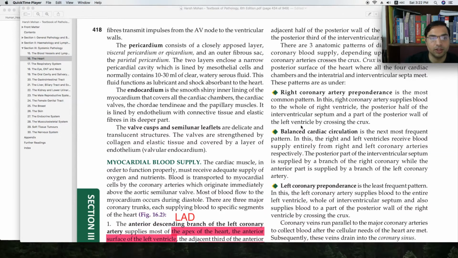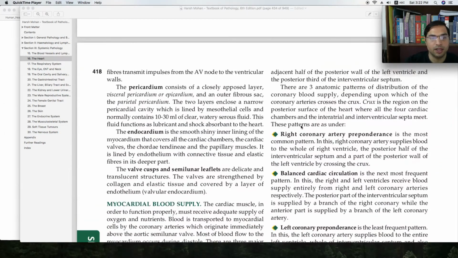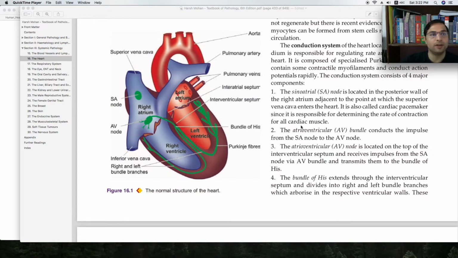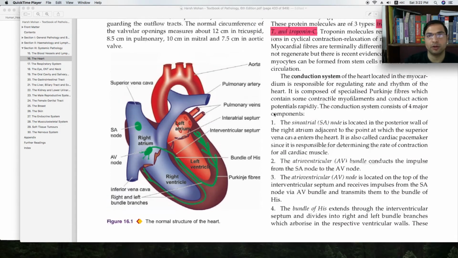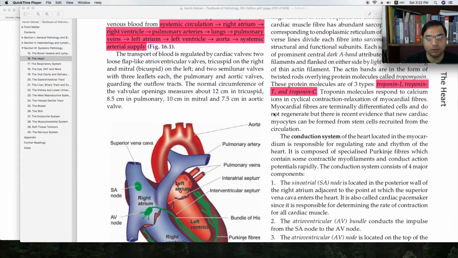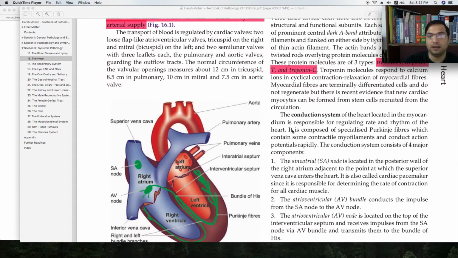So then we have the myocardial blood supply. Before going to the myocardial blood supply, let us first revise the overall blood supply of the body, right. It is very important for a clinician, for a physician, or for a medical student to know the major blood vessels. We have to remember the major blood vessels at all times, especially the arteries. You should never forget them, because there are so many diseases which happen in arteries, and whenever there is any blockage in an artery, it can lead to certain pathologies. So in order to understand those pathologies, you should always know the regular blood supply of the body, right?